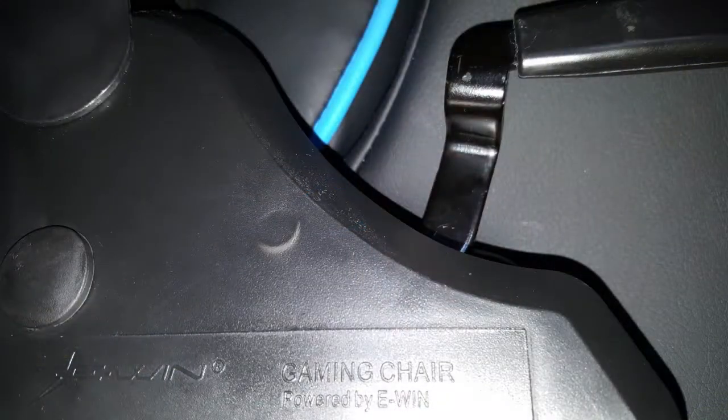I feel like the plastic coverings on the mechanism that do the tilt thing on both the left and the right seem a little cheap. I mean, they're just plastics, and sometimes they kind of rattle around and rotate just a little bit. But they're there and they cover up the guts of the tilting mechanism. So it's not something you're going to be paying much attention to after you've completed putting your chair